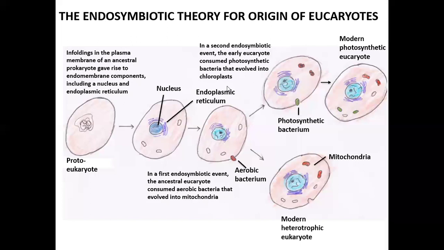According to this theory, eukaryotes arose as a result of a fusion of an archaeal cell with that of a bacterium, wherein the ancient archaeal cell basically engulfed an aerobic bacterial cell. However, it did not digest it. The engulfed bacterial cell remained within the archaeal cell,